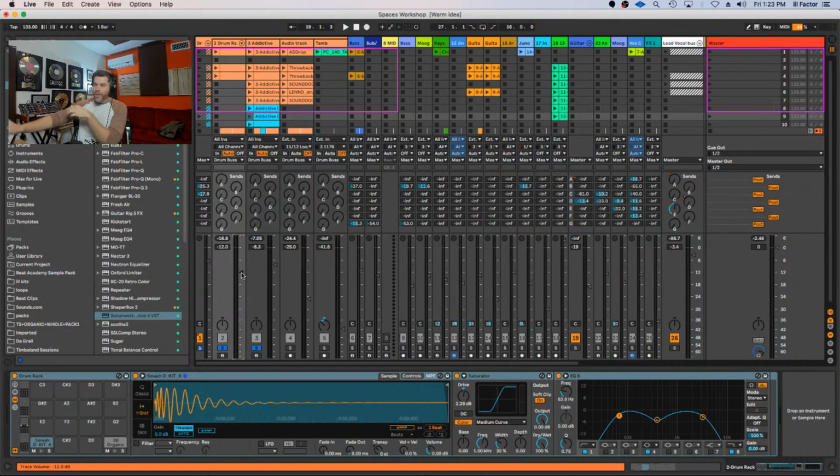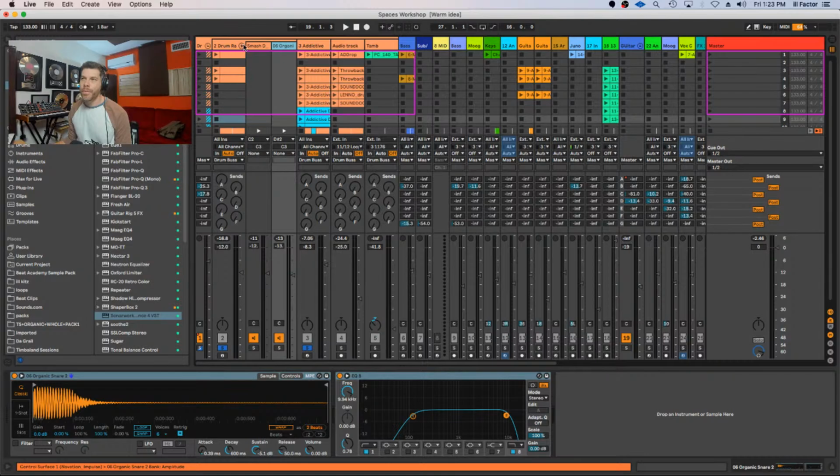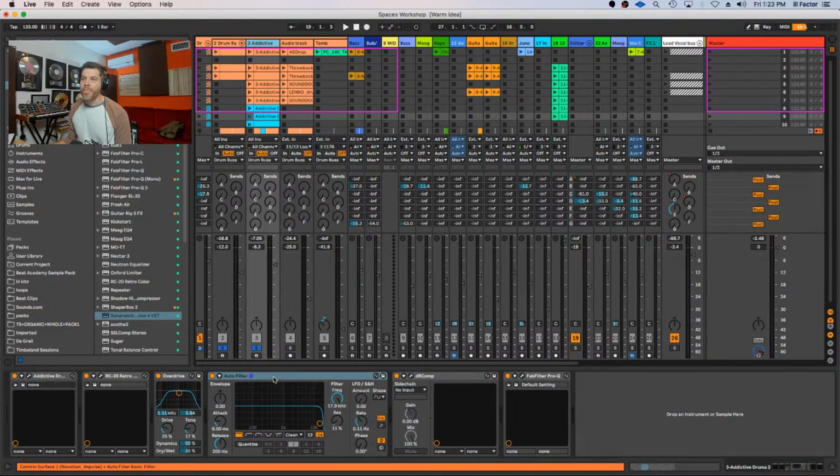So if you're feeling like you're getting a lot of phase cancellation, I really don't think that deep about it. I just find another kick. Then I don't have to worry about it, because this kick is completely different and the snare is completely different from the actual drum kit. And then I now have another layer of drums, but this is a drum break, and this is just to capture the texture, the crackle, and the overall sonic vibe.